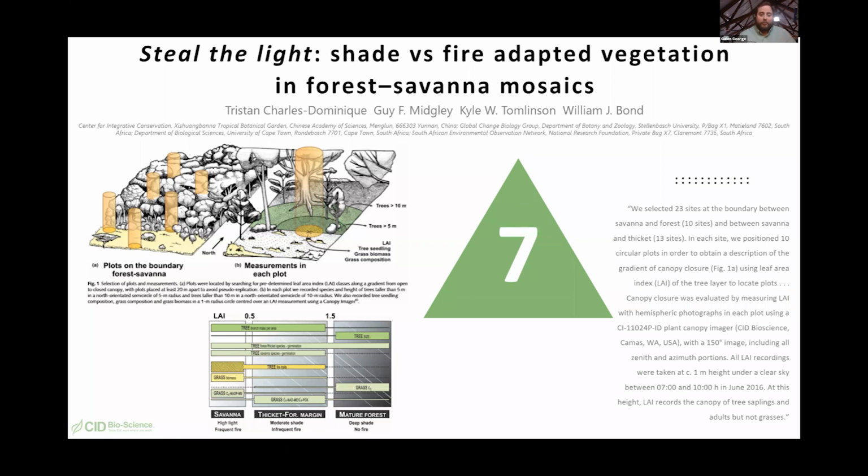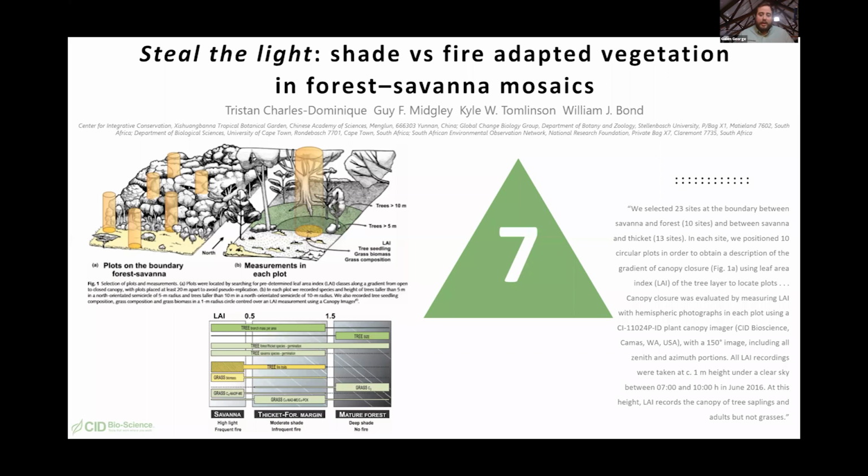Something I learned while investigating this study is that the transition between a savanna grassland that is really susceptible to fire and a dense mature forest can sometimes be a matter of meters. These two separate mosaics exist with a very strong divide between the two, but there is some medium ground, and so essentially they were using the 110 to look at